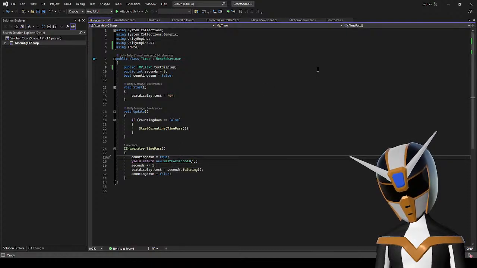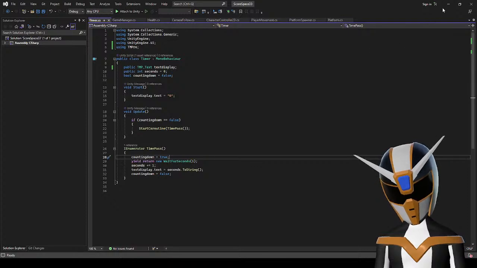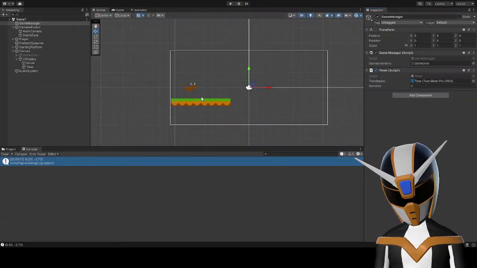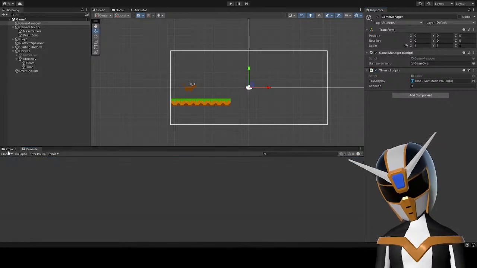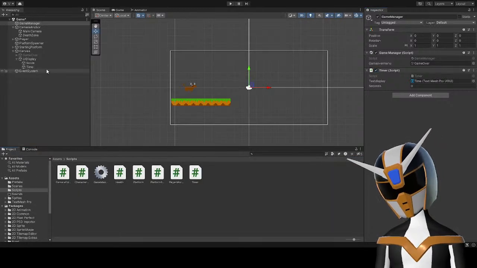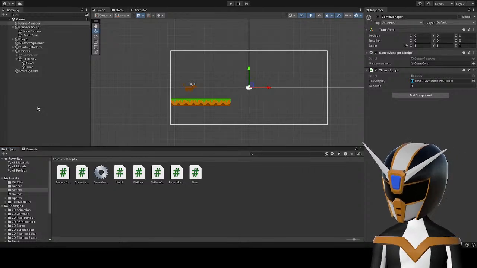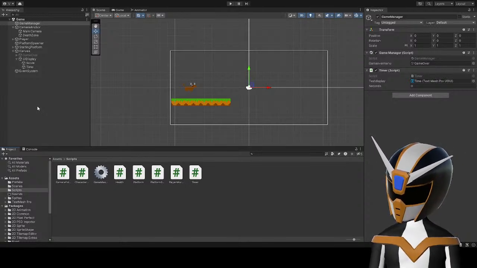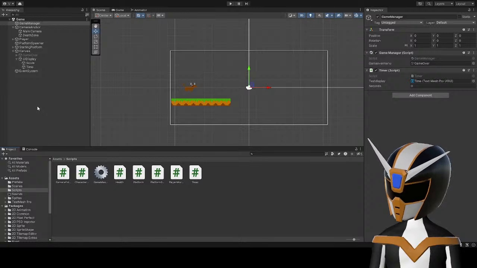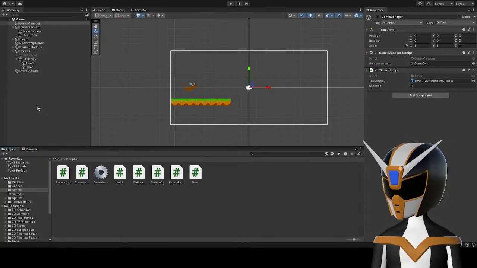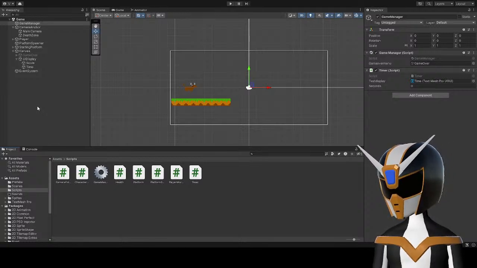I don't think it really matters as long as the timer is working. It doesn't seem to be affecting the game at all, so I think it's fine. Alright, I don't know.